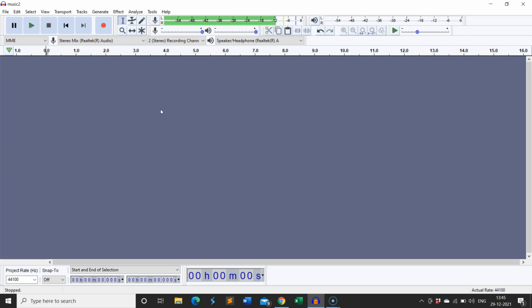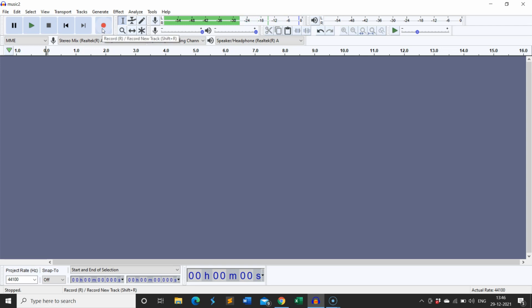And how this helps, whenever I'm trying to clean my audio, I can manipulate my audio in that way so that the background noise gets eliminated. So this is a very important way in which you can monitor your audio levels. Like we have manipulated the recording level, we can also manipulate our speaker level. What is going to happen now is that what we are going to hear is not going to be that loud. So let me just record my voice to demonstrate what I'm trying to explain.